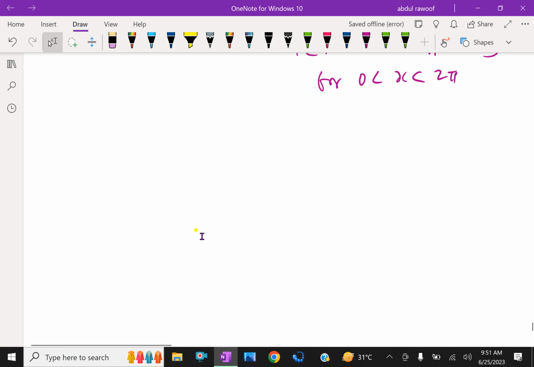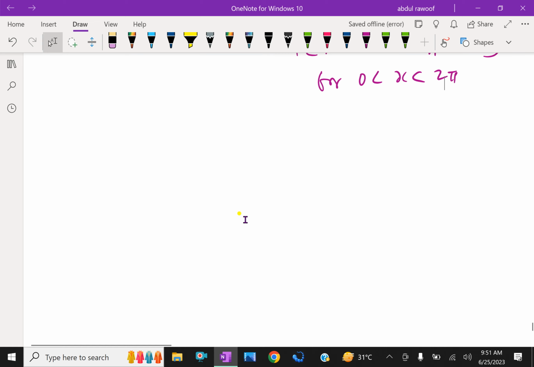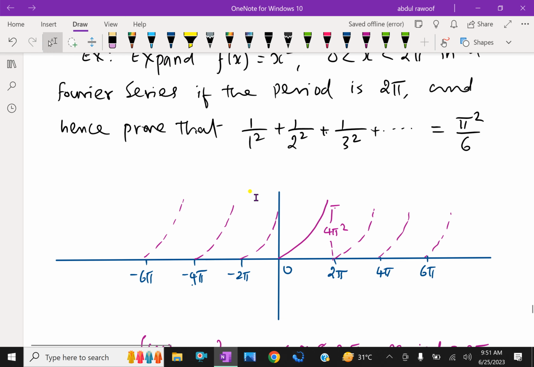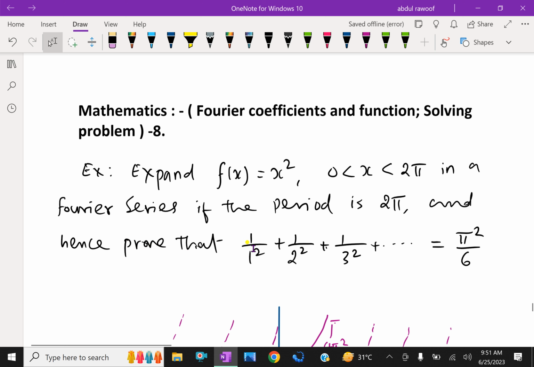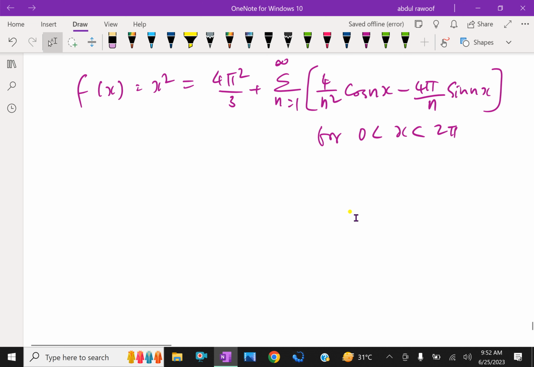Then from above, in this question we have to find, and hence prove, look at here, that the infinite series 1 over 1 square plus 1 over 2 square plus 1 over 3 square up to infinity equals pi squared by 6. We have to prove it. Now look at here, at x equals 0 the Fourier series